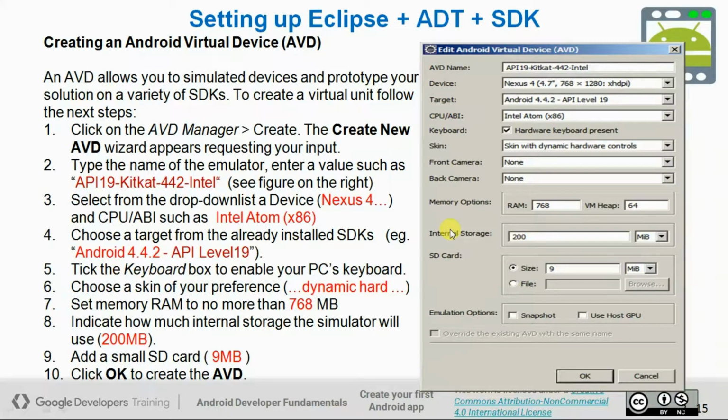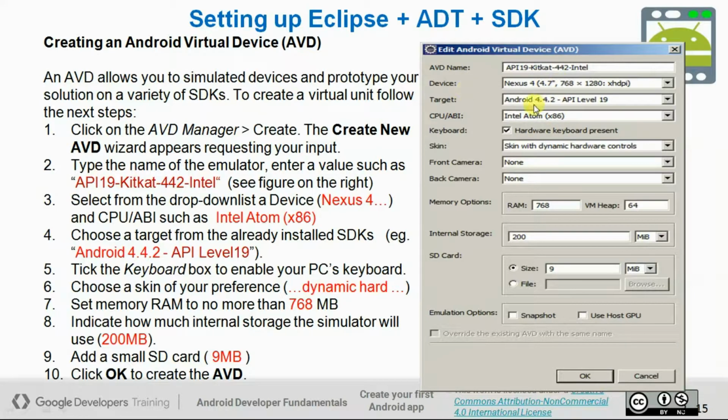In Android Studio the same features will be there, but advanced features will also be there. It's predefined. Here the same name, Android API level 19 or KitKat. Either you can use your own name also, no problem. And here you have to choose the device. Here I will get a devices list: Nexus 4, Galaxy, or different mobile phone models you will get in the device menu.